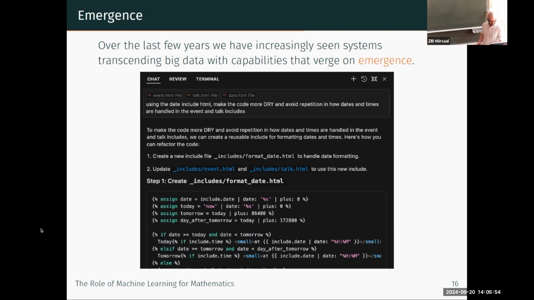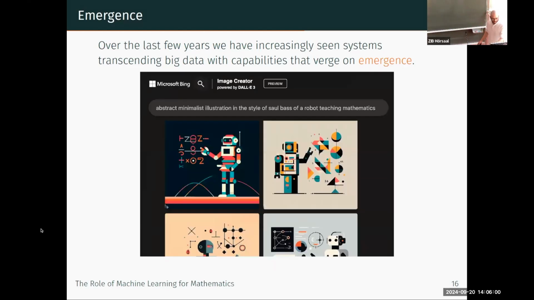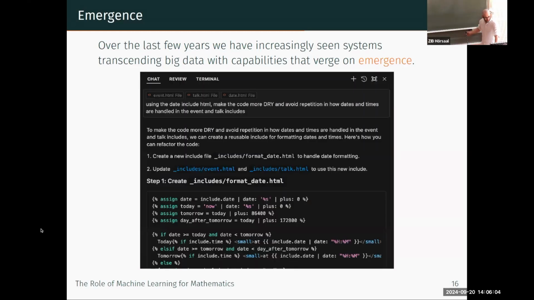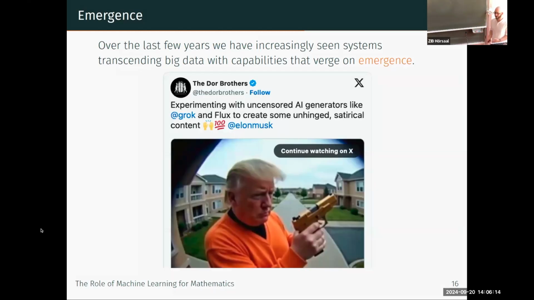Of course, it also can go in a very different way. So I think the best image generation currently is not DALL-E 3. It's Flux, which I think is actually created in Freiburg. And it's very unrestricted, as it turns out, in what it will generate. And then Elon Musk, in his infinite wisdom, decided to incorporate this without any filters into Twitter. So you can get very interesting content now on Twitter. Right? Okay. But the question is, again, can we use this for something more sensible than generating pictures of Donald